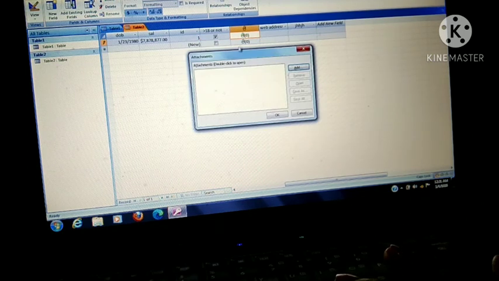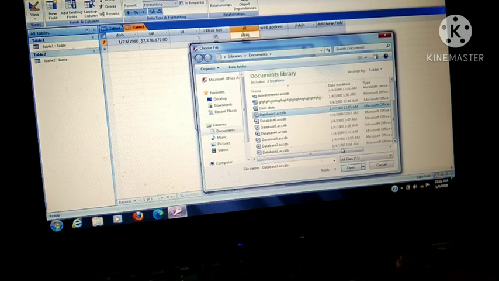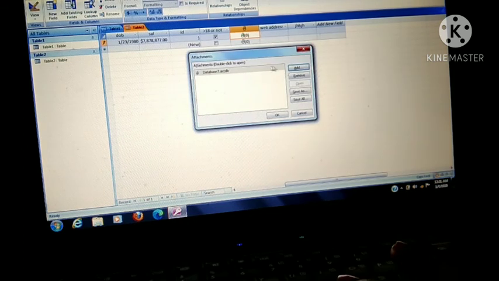When you are clicking here, double click. When you have done, here is a field name, add. When you are clicking on this add, what happened? Now from here you will select your file, any particular file. This one is a database file I am selecting, or any file you will select from here. Okay, or if you have a Word file or any Excel file, you will select it and then click open, and here you will check. Now you will say okay.